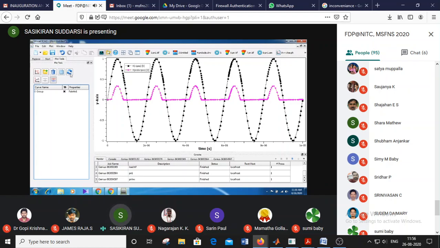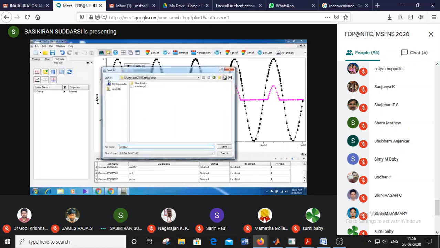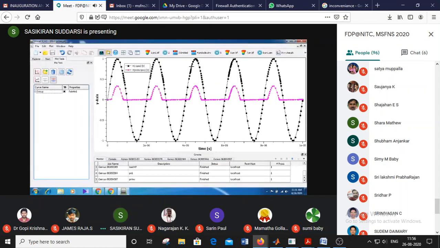So we can save this one. Like this, we can use the device drawing environment to create our own device, and we can simulate that device using the mixed mode environment. So this is a simple device structure as a PN junction.